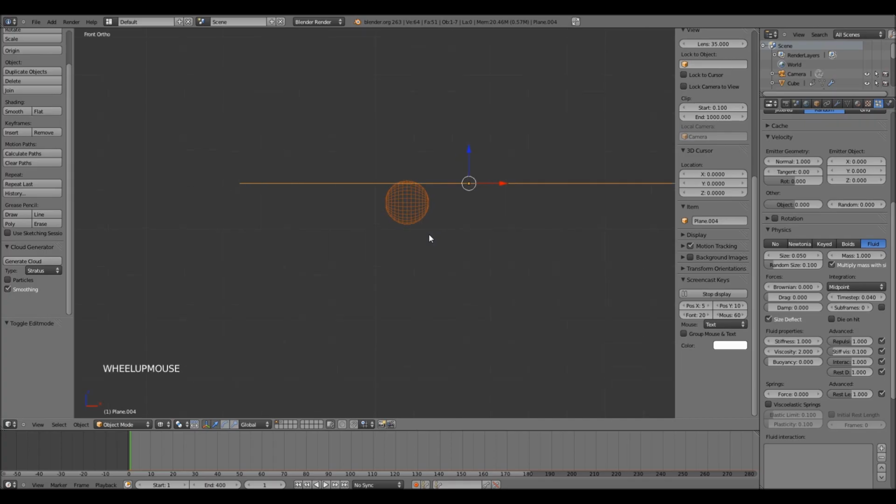Now let's look into other settings. So, the forces. The Brownian force will add some randomness to the movement of the particles. This is fine for a smoke animation, but not really for fluid, so we will not use that for this emitter. Drag or damp of air means how the air will impact the movement of the particles. When the values are set to zero,